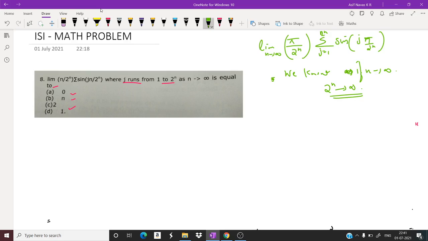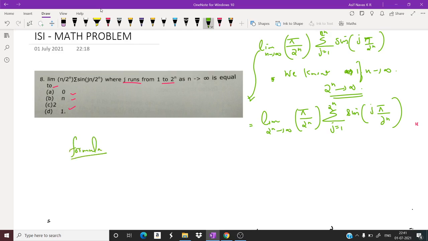So I am replacing this as limit 2 raised to n tends to infinity of pi by 2 raised to n sigma j equal to 1 to 2 raised to n sin j pi by 2 raised to n. Now our formula